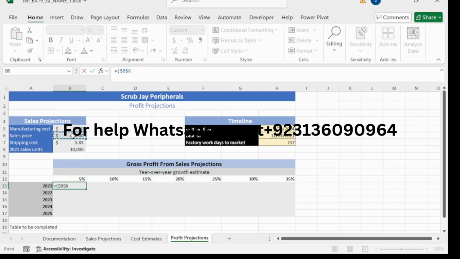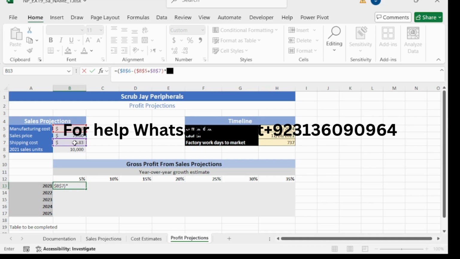subtract this values from B5 to subtract this. Open the bracket and select B5, F4 and plus B7 like this. Press F4 and close the bracket and multiply by B8.